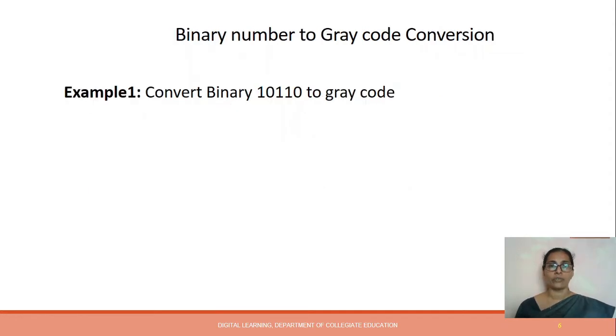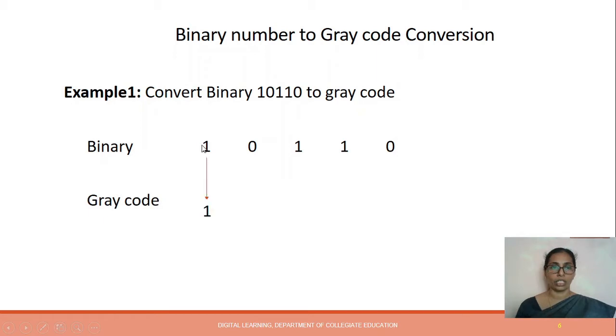Our problem is to find out the gray code equivalent of the binary 10110. The given binary number is 10110. According to the rules for conversion, the most significant bit, which is the leftmost bit of the given binary number, is 1, and it will be the same for gray code also.